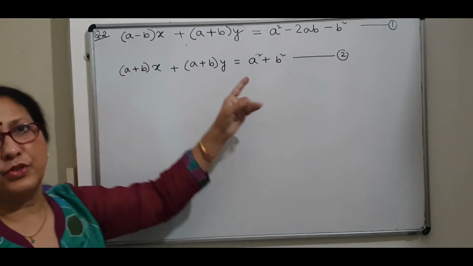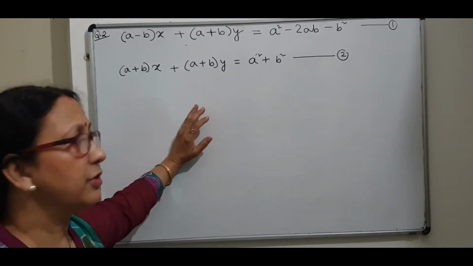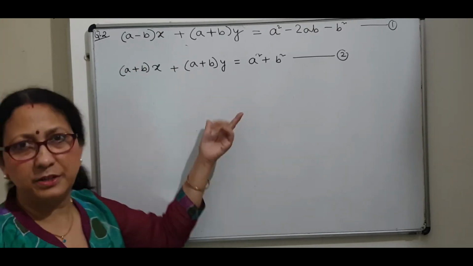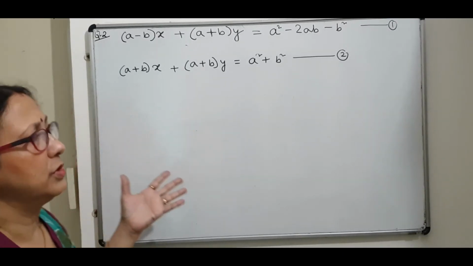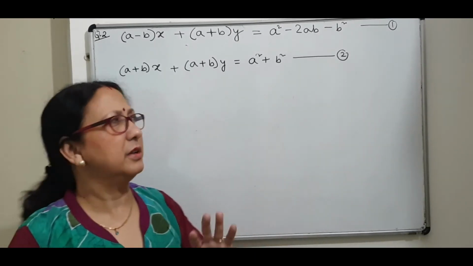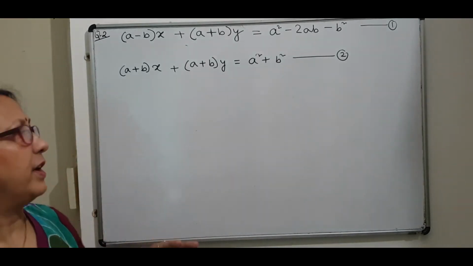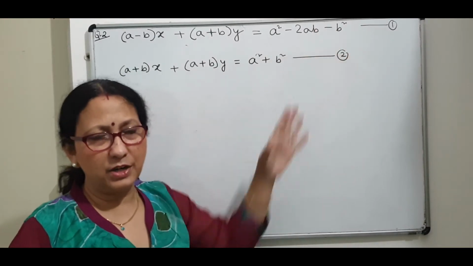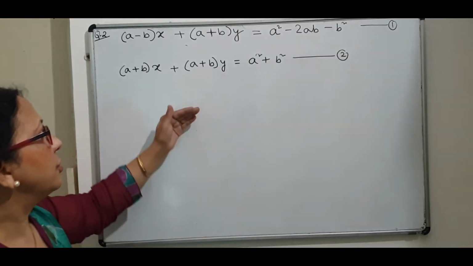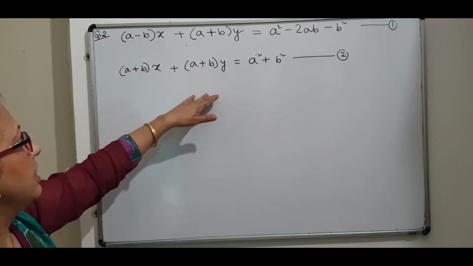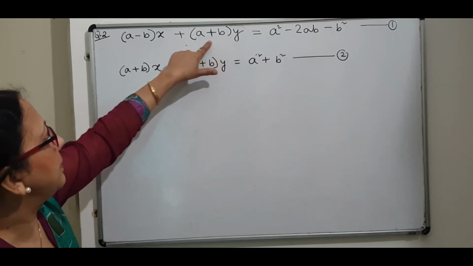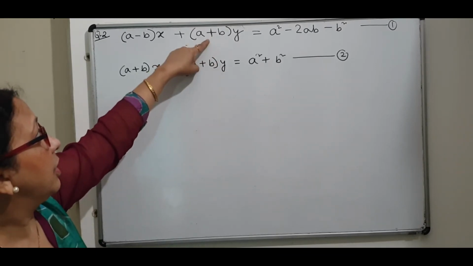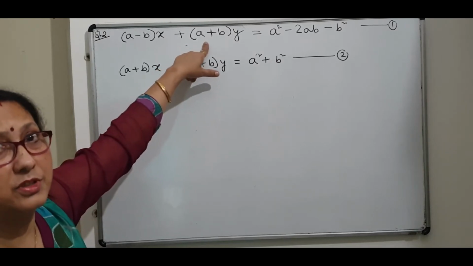Now looking at the coefficients, you have to decide which method to adopt for solving. Naturally, first you may think of the method of cross multiplication. But as you know, the method of cross multiplication is a bit difficult to simplify, as the coefficients are expressions and the constant is a big expression. So you again observe the coefficients of the variables. You see the coefficient of y, a plus b in the first, and the same a plus b in the second. So the coefficients are the same, so we can use the method of elimination.